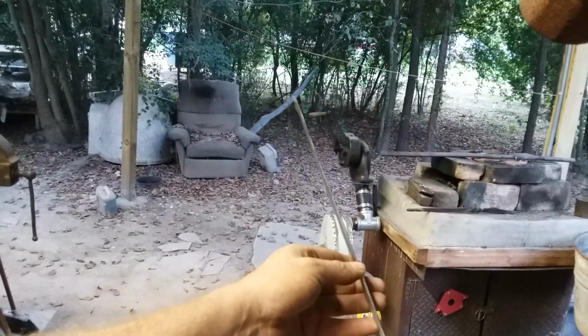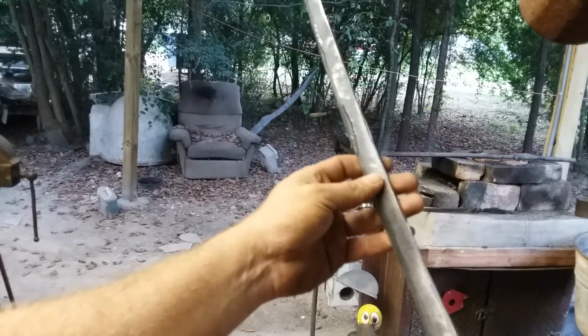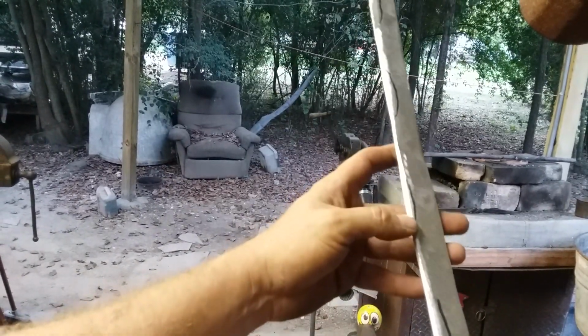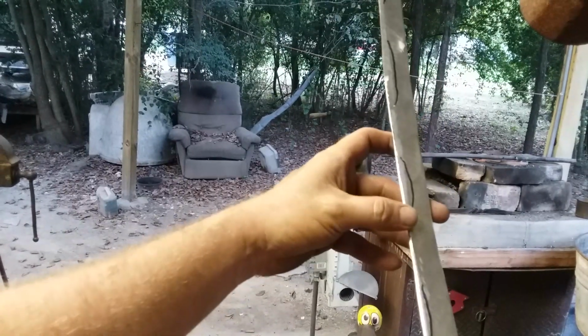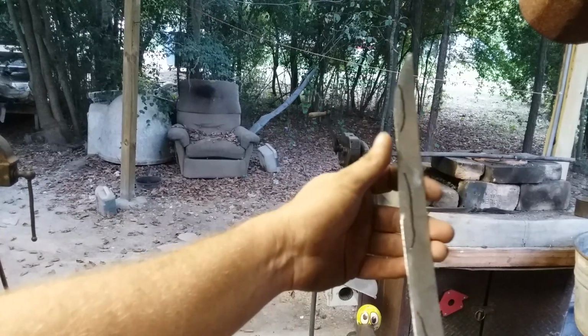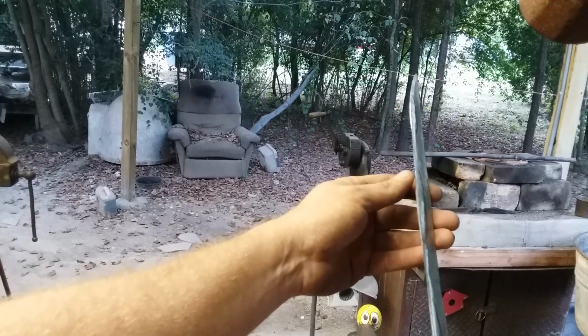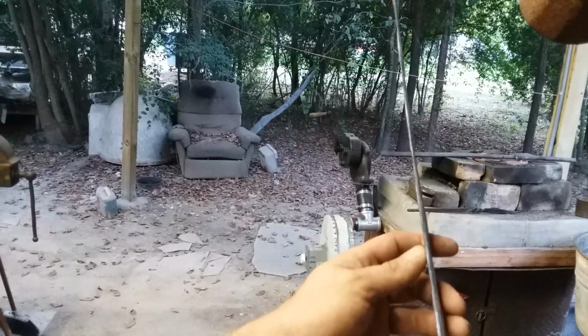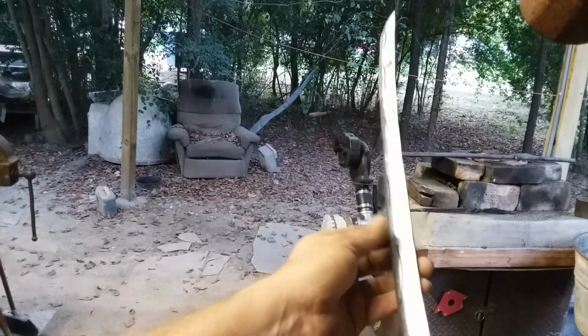This is the progress on the Sort It project with the CV axle. I took a Sharpie and marked some areas that I need to thin down with the edge of the angle grinder for the rough grind, just to get it to some semblance of an edge. You can kind of see those spots in the blade, but all together